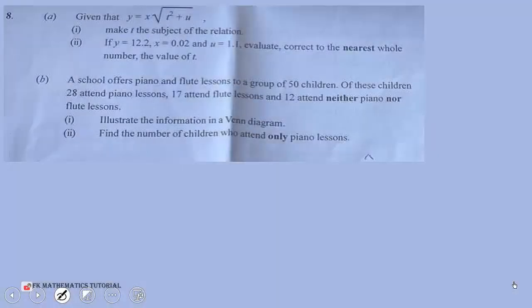170.5. Given that y equal x root t squared plus u, make t the subject of the relation. If y equal 12.2, x equals 0.02, and u equal 1.1, evaluate correct to the nearest whole number, the value